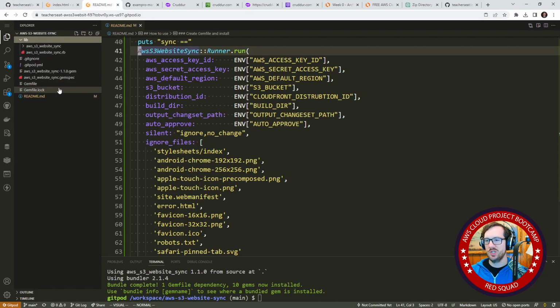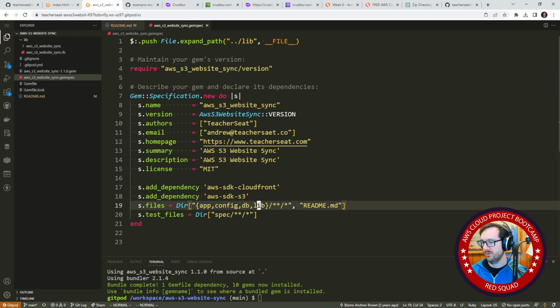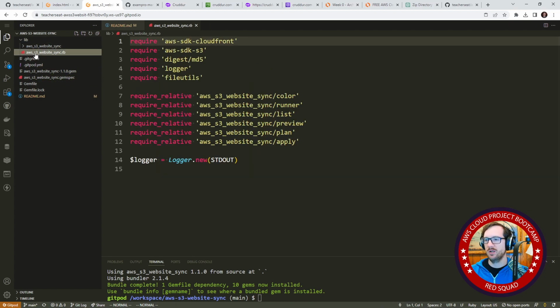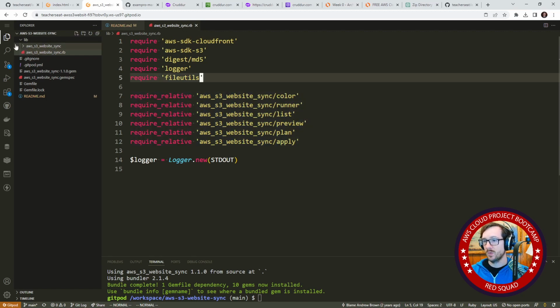But the way Ruby gems work is you create a gem spec file, and that gem spec file is going to point to the files that should be included. So let's say include the lib directory here. It always follows the same pattern where you'll have this first file here, and then you create a folder with the same name of the file that includes all those files. And then if we open it up,